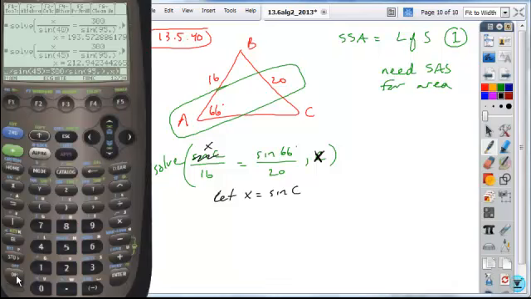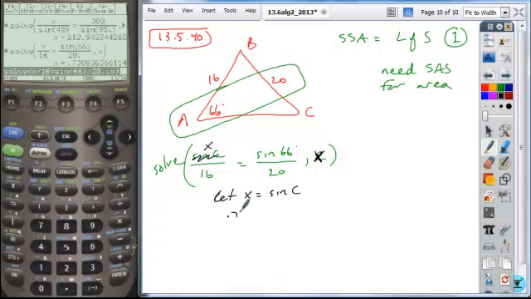So if we type this in, the F2 algebra tab solve, x divided by 16 has to equal the sine of 66 divided by 20. I'm going to put a decimal in that and identify that I want to solve for x. Now, again, this should display my sine ratio, which I expect to be between -1 and +1. Okay, this is consistent. 0.731 is my sine ratio,